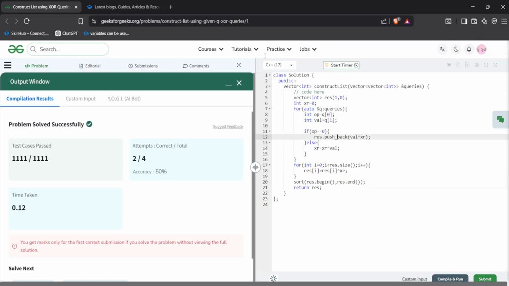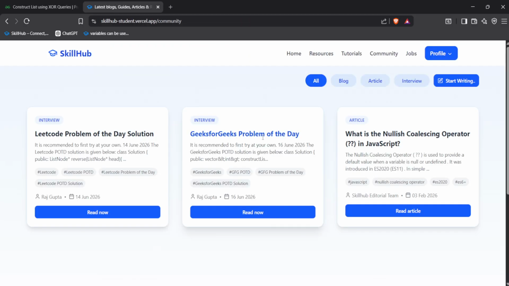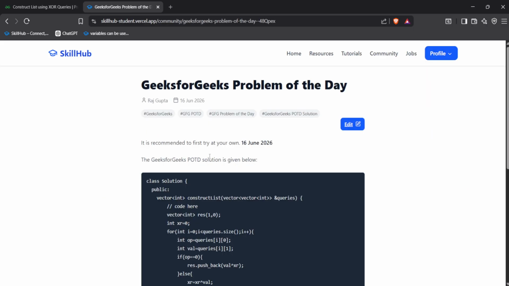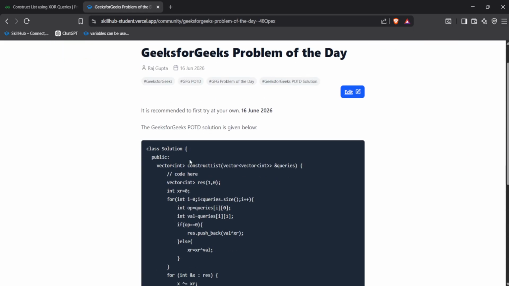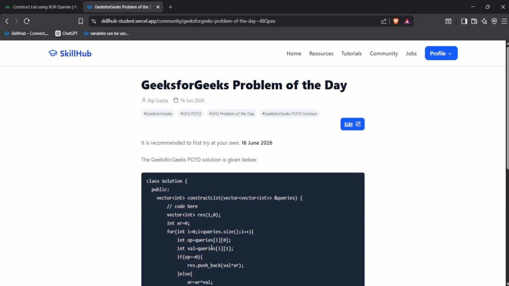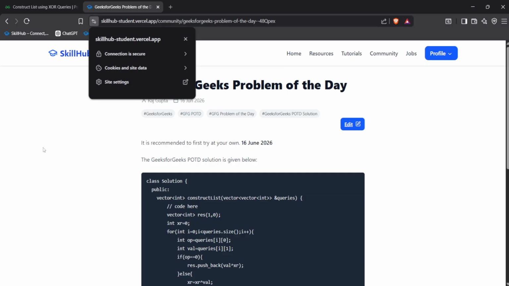So this code is working fine and I already updated this code here. You can check it out and you will find this solution of today for this problem of the day, okay. This is the site, you can visit,